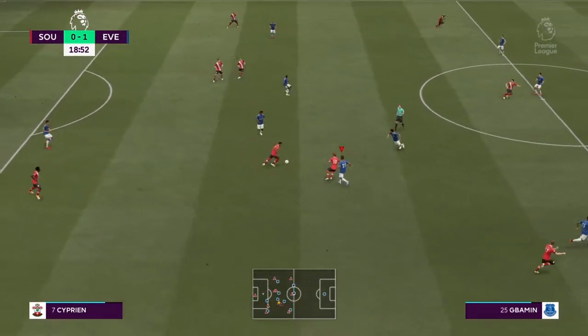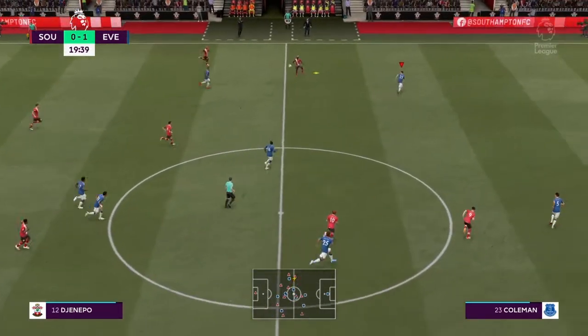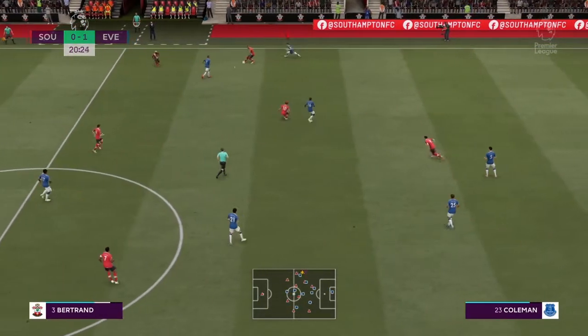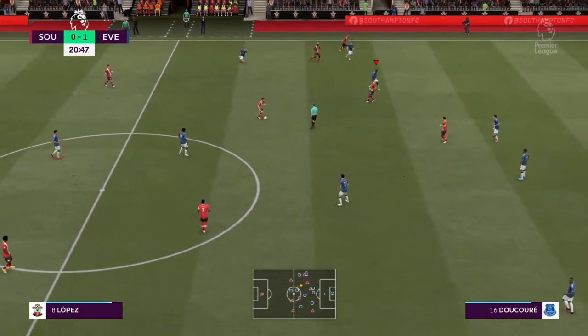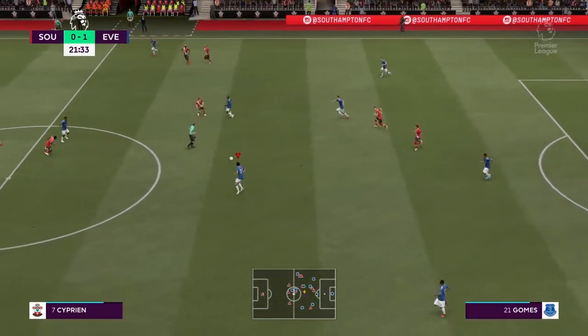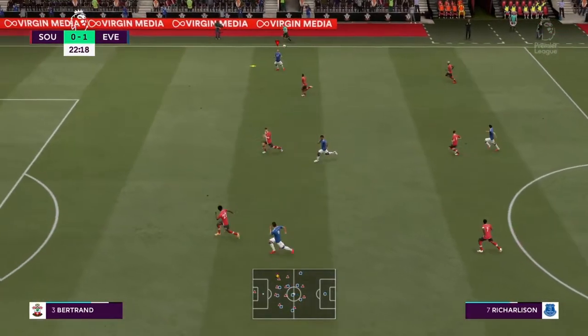And hopefully we can get there. But Che Adams picks it up, gives it to the midfielder there, who gives it to Bertrand. Lopez just inside the Everton half here, chips the ball up looking for Che Adams, but cut out by Michael Keane. Andre Gomez, we see Richarlison's got quite a bit of space there, so we'll dink a ball out looking